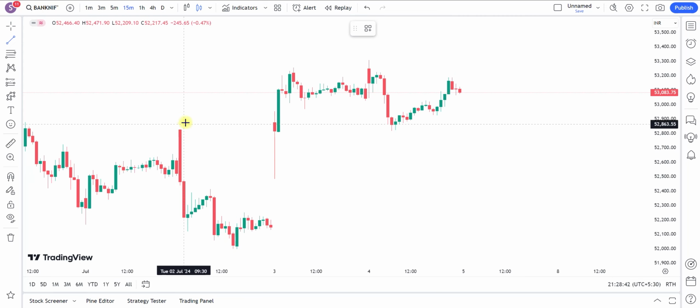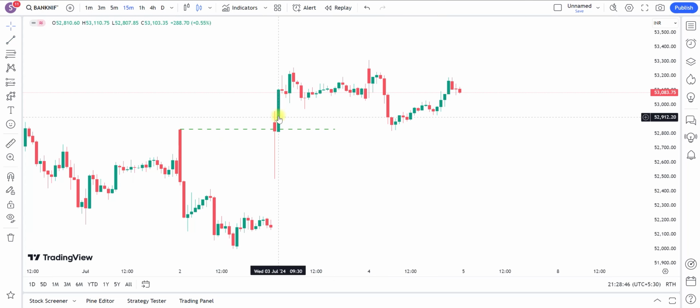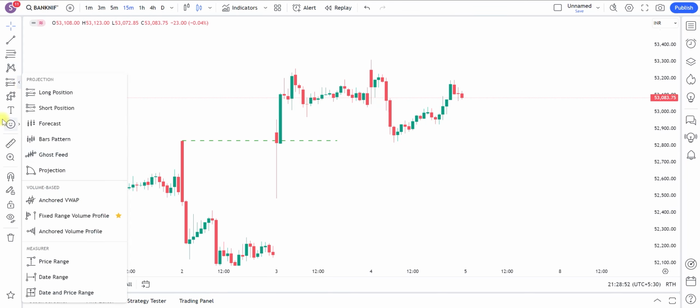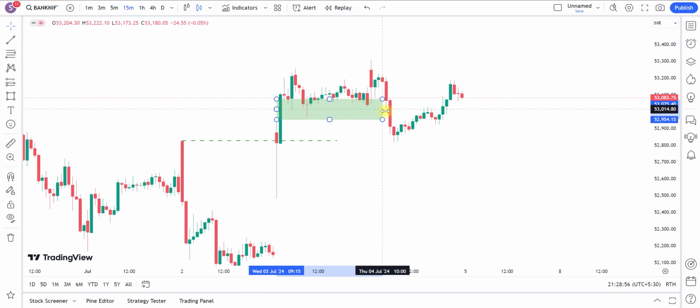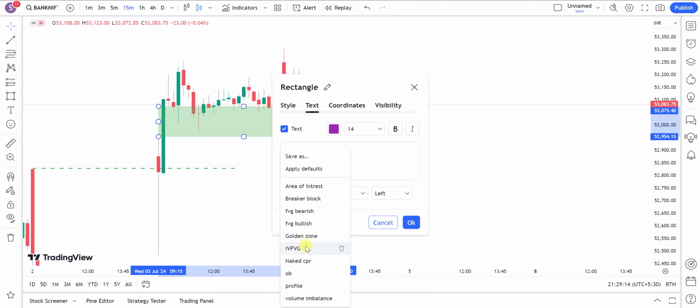Yesterday also I said we are having a major character change over here. It was a gap up and the market was continuously sustaining above this range. We were only having fair value gaps over here. Yesterday we drew this fair value gap in which the market was continuously supporting. So today, the 15-minute candle closed below this fair value gap and it became an inversion fair value